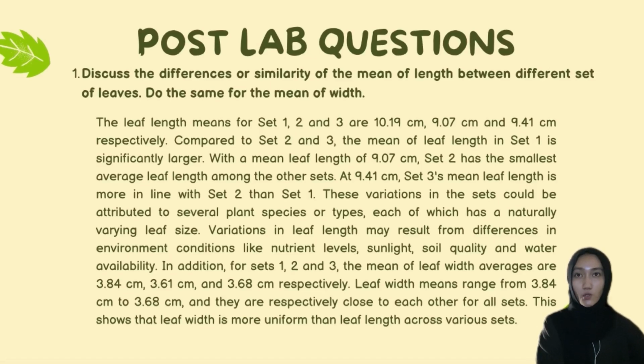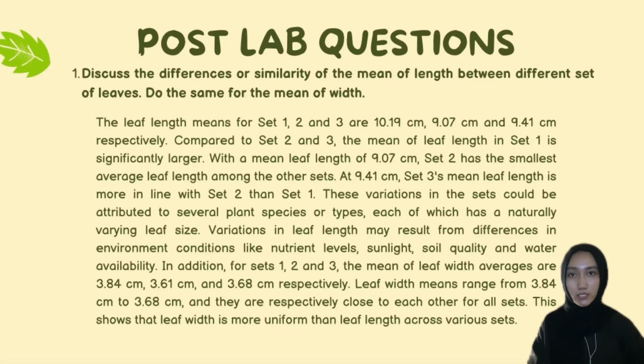The leaf length means for set 1, 2 and 3 are 10.19 cm, 9.07 cm and 9.41 cm respectively. Compared to set 2 and 3, the mean of leaf length in set 1 is significantly larger. With a mean leaf length of 9.07 cm, set 2 has the smallest average leaf length among the sets. At 9.41 cm, set 3's mean leaf length is more in line with set 2 than set 1. These variations in the sets could be attributed to several plant species or types, each of which has a naturally varying leaf size. Variations in leaf length may result from differences in environmental conditions like nutrient level, sunlight, soil quality,